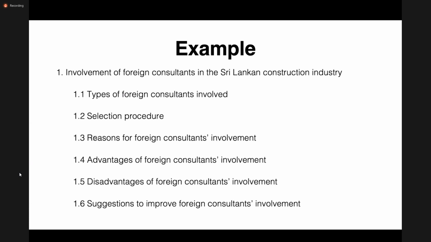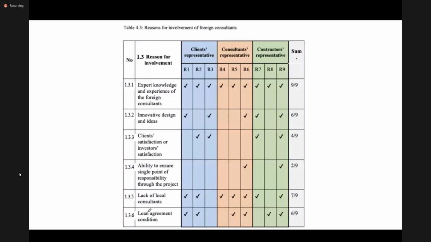This is another example from an undergraduate research about the involvement of foreign consultants in the Sri Lankan construction industry. So again, the main themes that she has organized her analysis under are the types of foreign consultants, selection procedure, reasons for involvement, advantages, disadvantages, and then finally suggestions to improve the involvement.